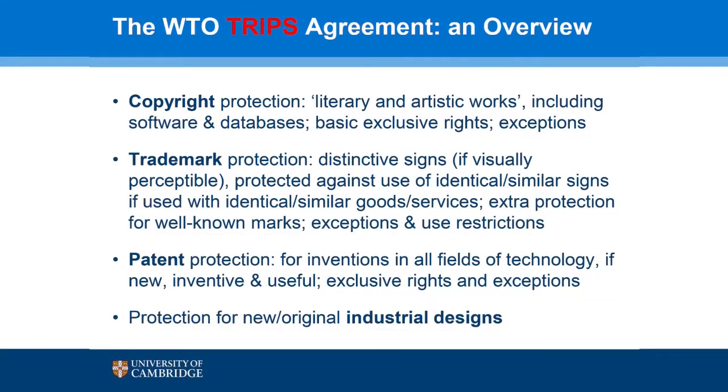Well, moving then on to trademarks, the basic principles of trademark protection have equally been harmonized under the TRIPS agreement. So TRIPS essentially says that any kind of sign which can be perceived visually, which can be perceived by the human eyes, must be protected under trademark law if it is capable of distinguishing the goods and services of one entity from those of another entity. This is the core idea of distinctiveness of